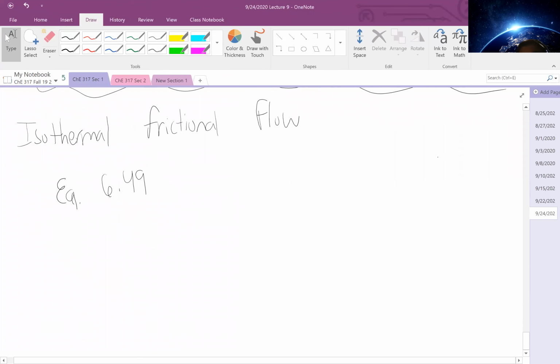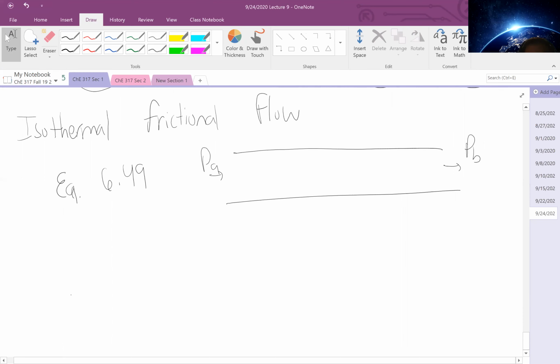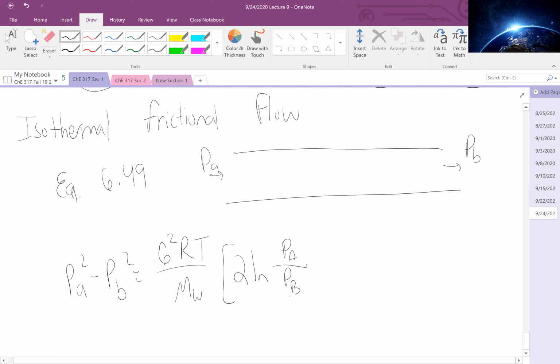which states for flow through a pipe coming in at an inlet pressure, leaving at an outlet pressure, we can state PA squared minus PB squared is equal to G squared RT over molecular weight times the quantity of 2 times the natural log of the ratio. And it says densities, but you can also use pressures. And I find it a lot easier using pressures when doing